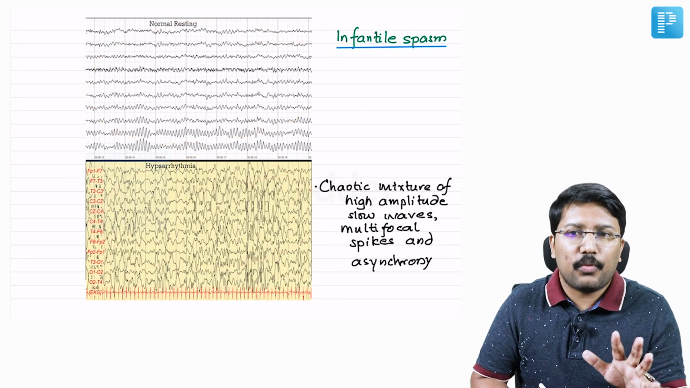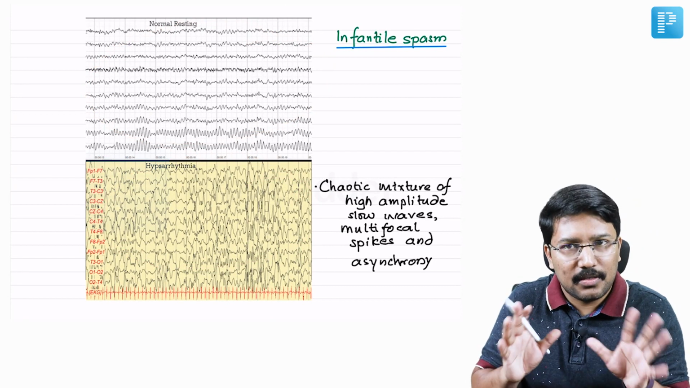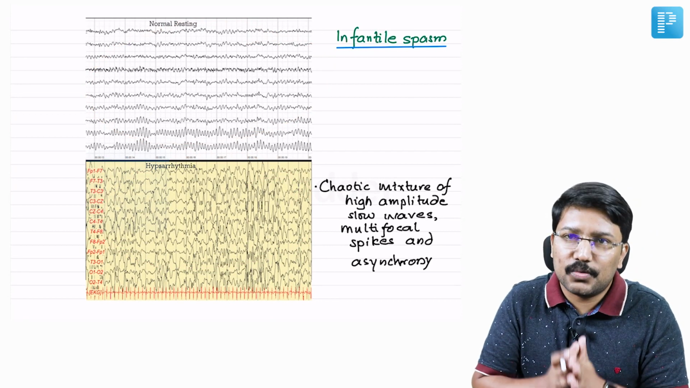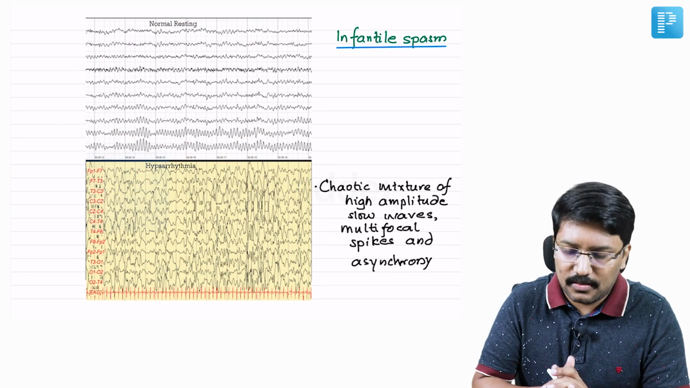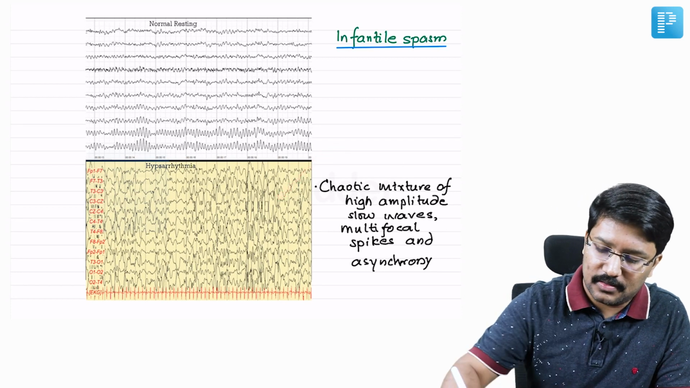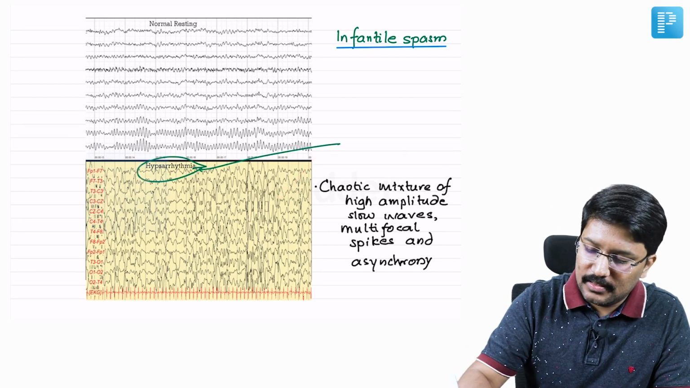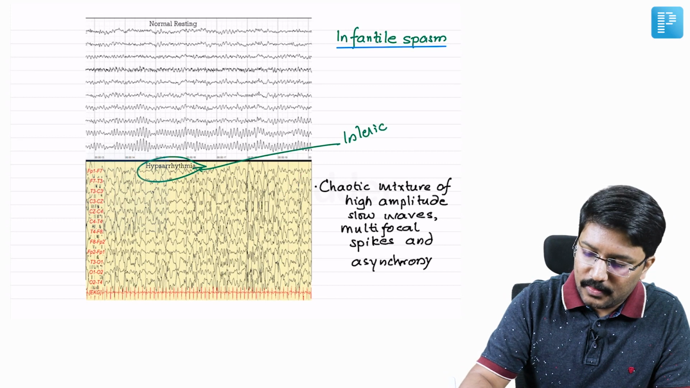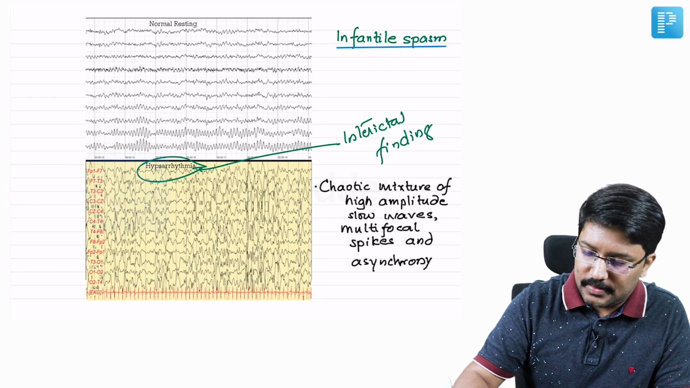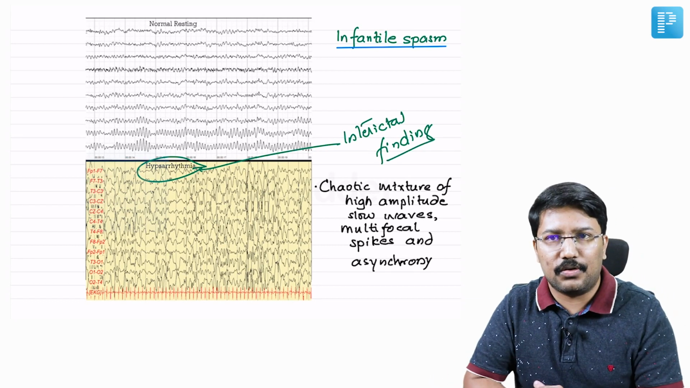Now, one important point is, what is this hypsarrhythmia? This is not an ictal EEG. This is an interictal change that we see. This is an interictal observation. So hypsarrhythmia is an interictal finding. So what happens during the ictal phase? When there is a seizure going on,